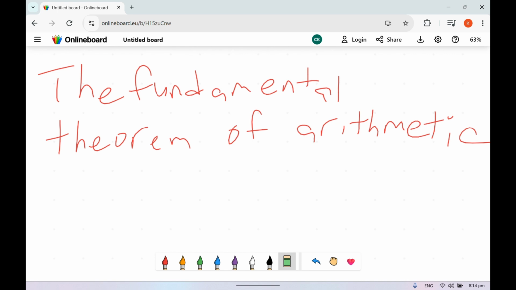Alright, and we'll learn more about this in prime factorization, which is another video, about how to do prime factorization. But essentially, the fundamental theorem of arithmetic states that as long as it's a composite number, in one way or another, you can factorize the entire number as this times this times this times this, and all these factors are prime. That's literally what the fundamental theorem of arithmetic states.